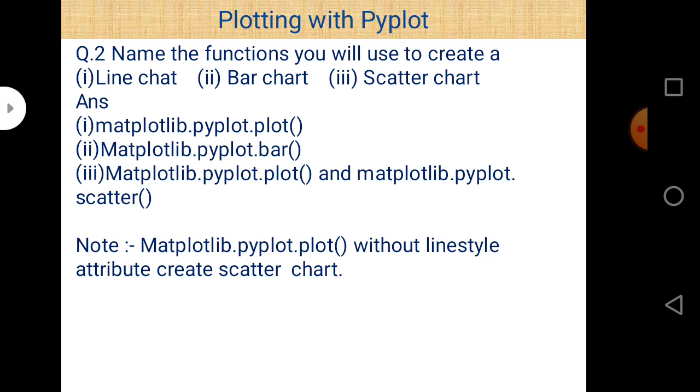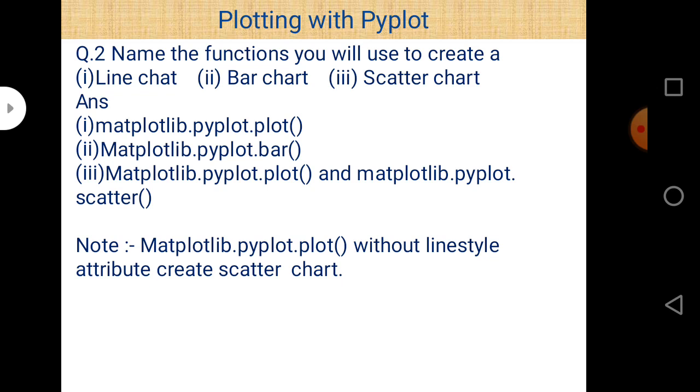So if we don't want to use a line style attribute with the values solid or dashed line, then automatically it will create a scatter chart. There are points only. The basic difference between scatter chart and line chart is that there is a connection between each and every point in a line chart, between 2 points, and in a scatter chart there is no connection between 2 points.